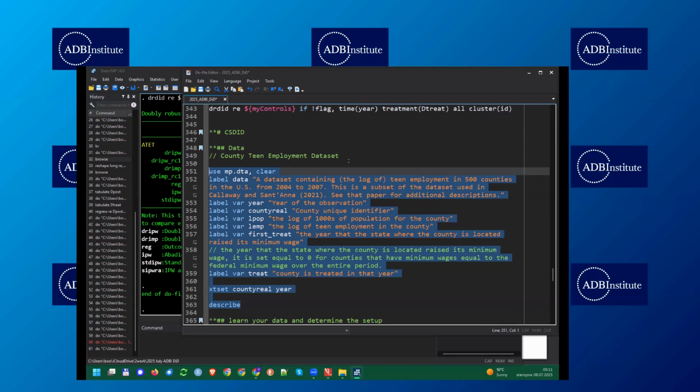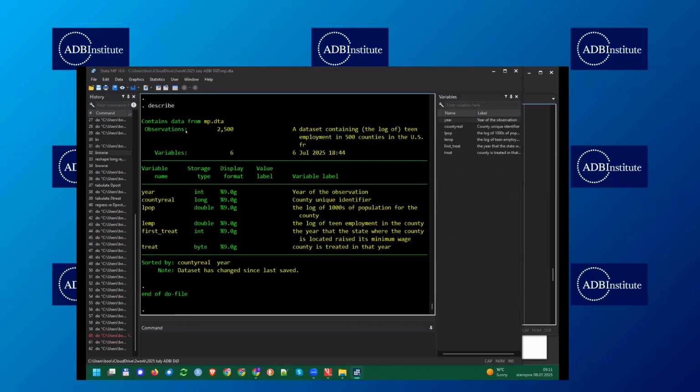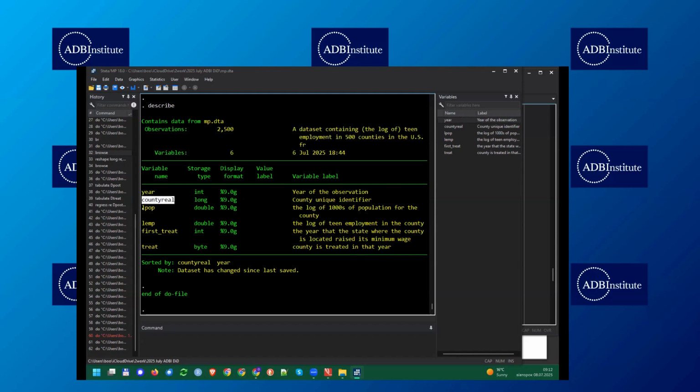So let me just use this data set, and I'm going to execute these lines from 351 all the way to 363. Now let me see if it works. Yeah, it works. All right. So I have 2,500 observations in my data set. This is a description of the data set. It cuts only to 50 characters here. And I don't have a lot of variables, right? I have only 6 variables in here: year, county, log of population, log of employment, the time of treatment, and